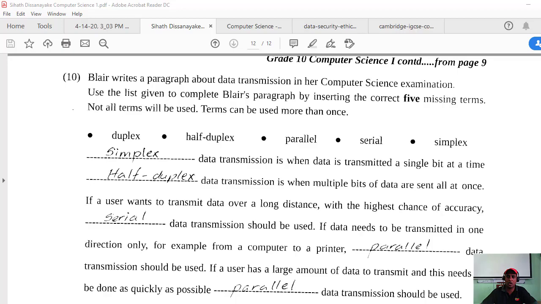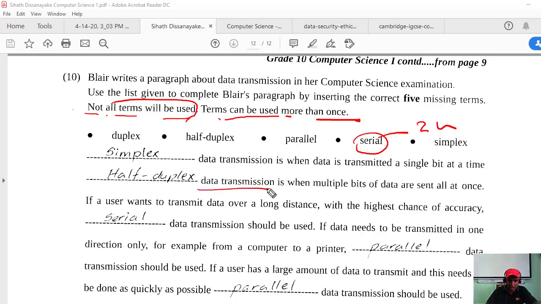You have to understand the first point: not all items will be used. Whatever answers they give, we don't need to use all. They also say another point: terms can be used more than once. That means sometimes I have to use the word serial twice, depending on the sentence, depending on the correct term.